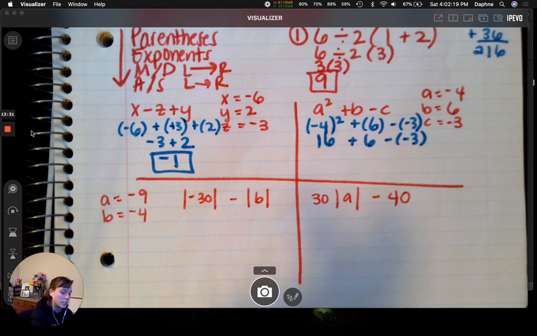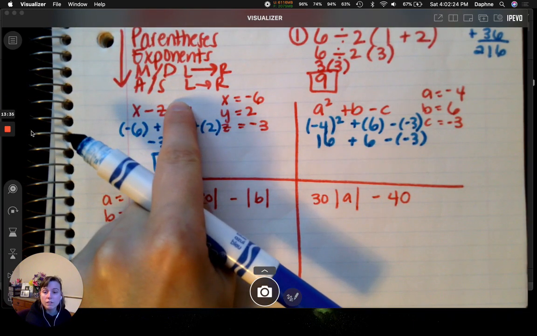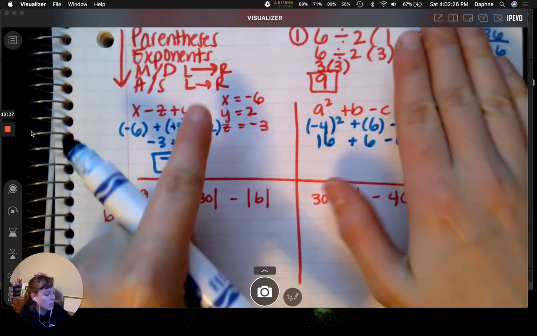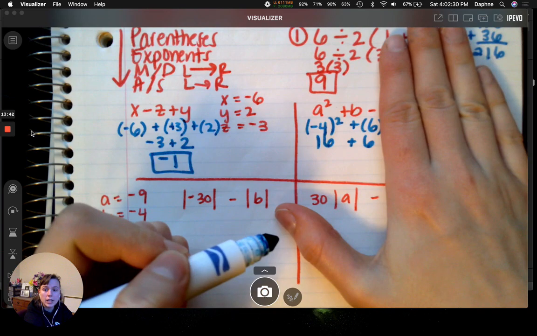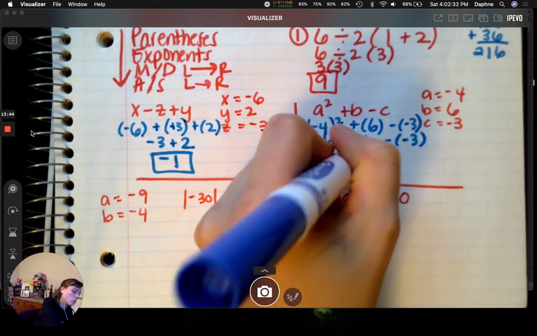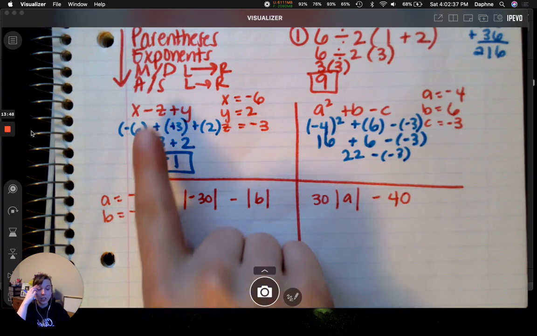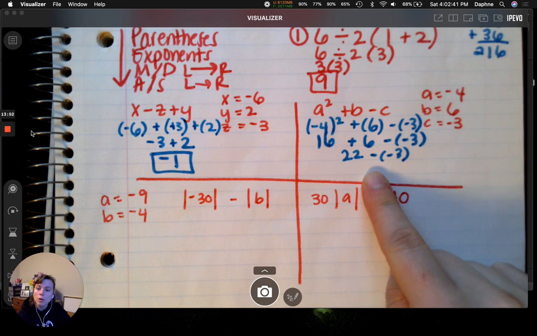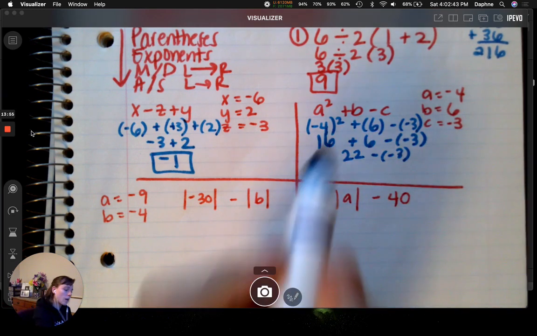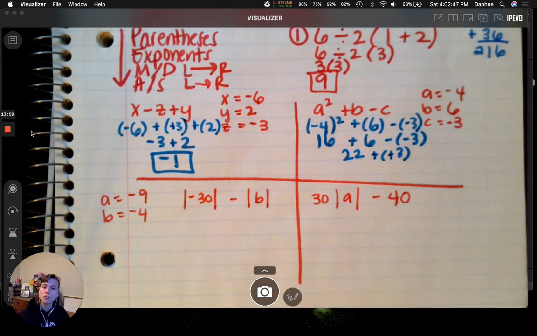All right, I don't see any multiplication and division. I do see some addition and subtraction. Again, from left to right, covering just the first 2. What is 16 plus 6? 22 minus a -3. Again, I see addition and subtraction from left to right. They're the only 2 left. It's subtraction, so I'm going to keep, change, opposite. I'm going to keep the 22, change this to addition. The opposite of -3 is +3. So 22 plus 3